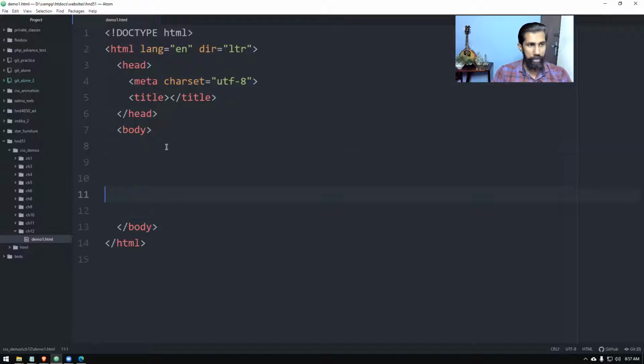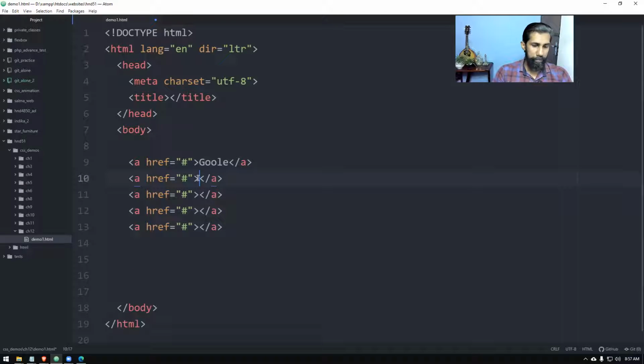In this page, I'm going to create just some HTML links. Let's give some links like this. So we have given just some links. I didn't give the original URL here.